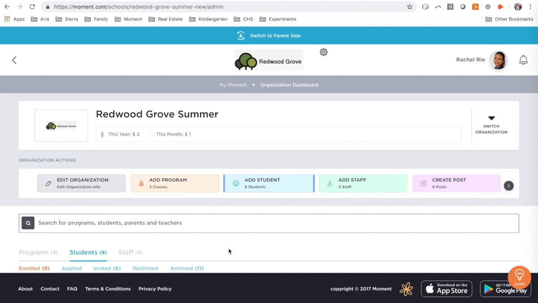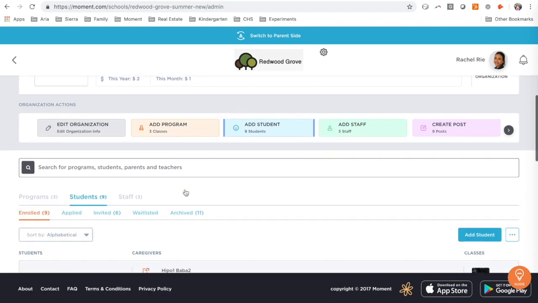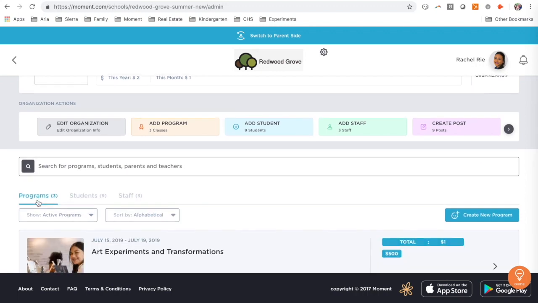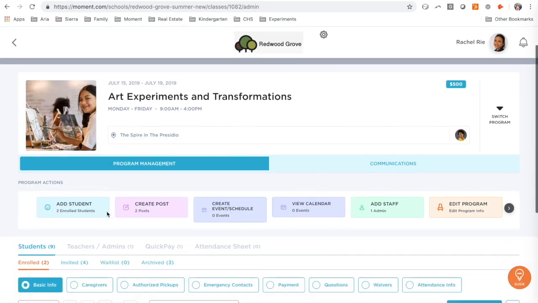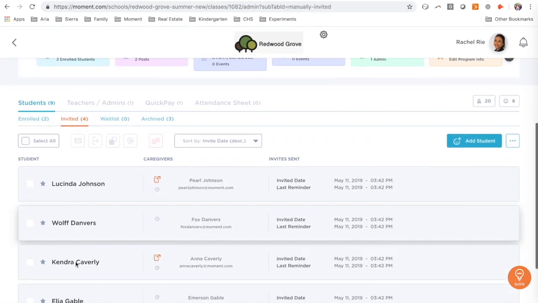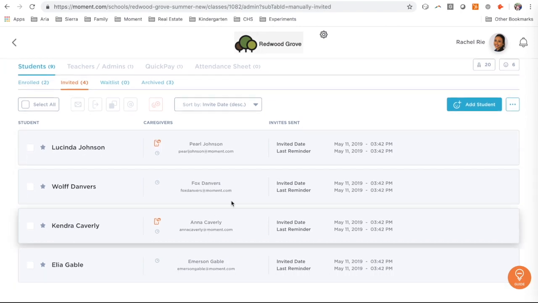If you want to confirm that the students have been added to the class, you will land on the organization dashboard. Simply go to your programs, go to the program that you had chosen to add the students, and then under the Students tab, tap on Invited. You will see the list of students, their caregivers, as well as the dates and the time that the last